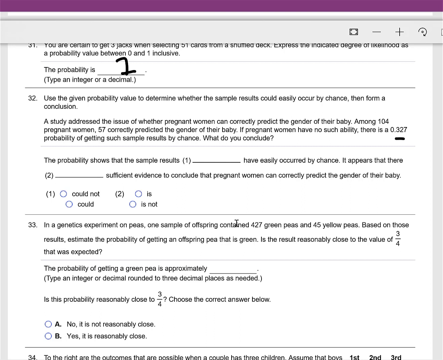What do you conclude? Okay, so the sample results could easily have occurred, because that probability is greater than 0.05. So it appears that there is not sufficient evidence to conclude that these women can correctly predict the gender